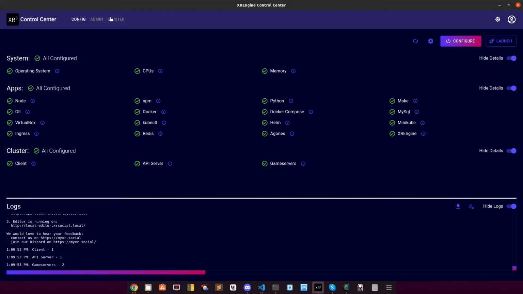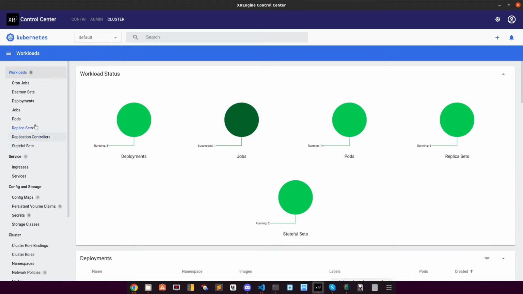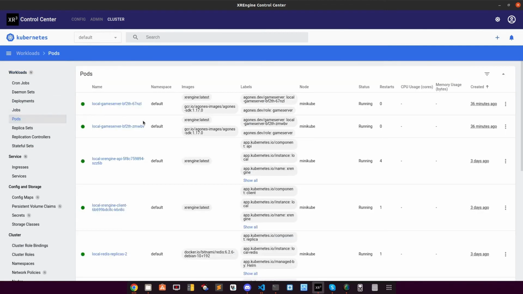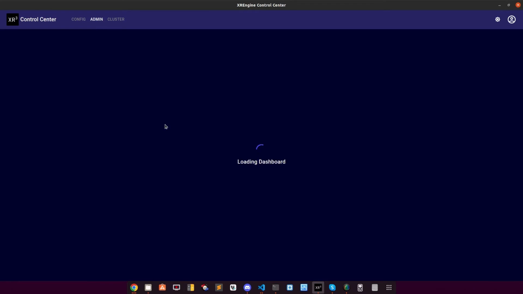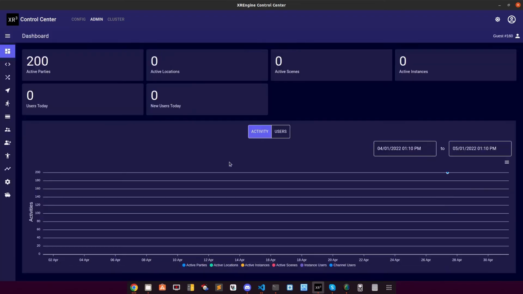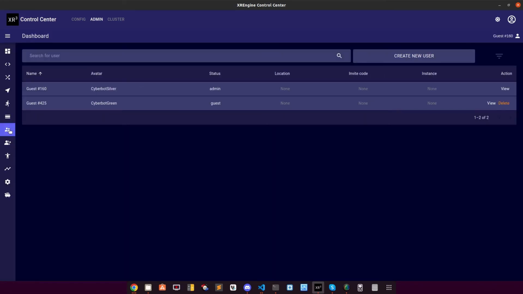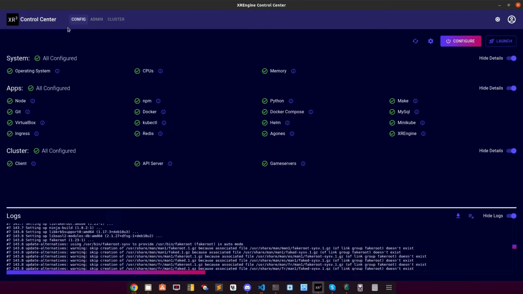So now I can go and check the cluster. This is the information regarding the Minikube Kubernetes cluster that is being installed on my local machine, and I can review and manage different things from here. And then I can go to the admin panel of the deployed XR engine, for which I have to click on this admin tab, and it's going to take a while. So here you can see that it has opened the admin tab, and I can view different aspects of the admin panel from here. Then I come back to the configure,